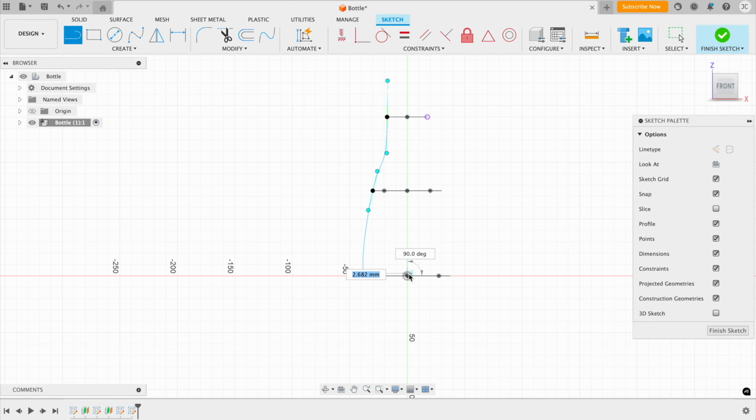I'm going to draw this up 50 millimeters, and it's really important that this is set to 90 degrees. Then I hit enter. Then next, we need to change this to a construction line. So if we tap on the X on our keyboard, this will change it. Now, if we look at our model in 3D again, what we want to do is we want to mirror